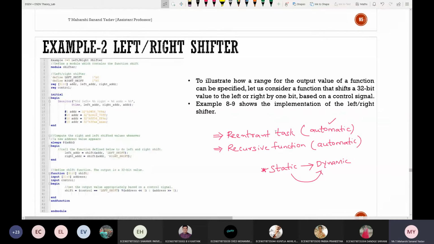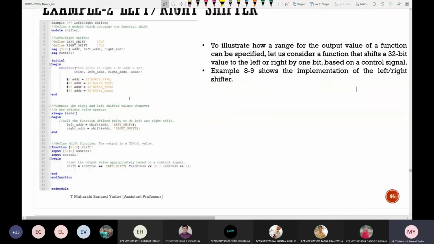So one more example. Let us see this left and right shift. Already we know what is meant by arithmetic left shift and arithmetic right shift, followed by logical left and right. This is just a dummy example I've taken for your understanding. See here, by using tick define, is it a system task or a compiler directive? It is called a compiler directive. This is one of the important short questions. Okay, compiler directives.